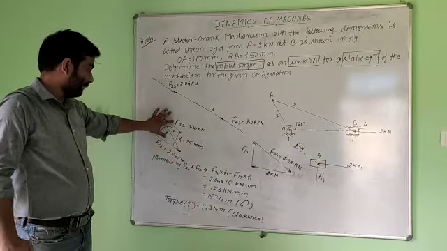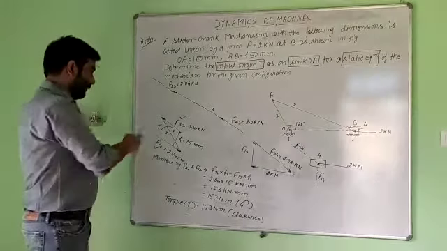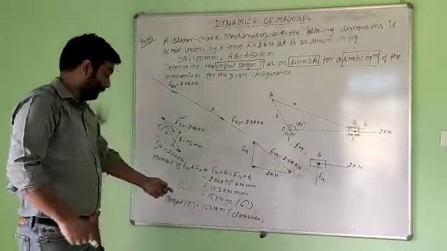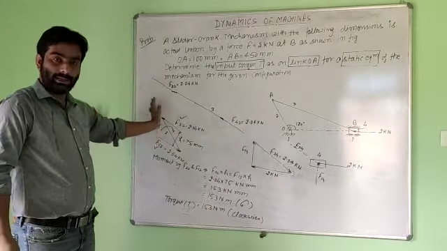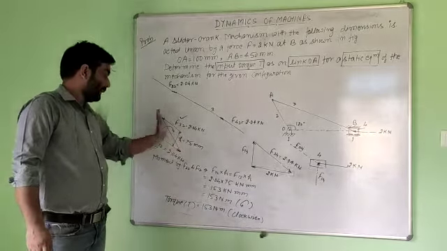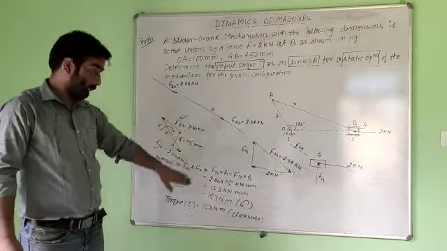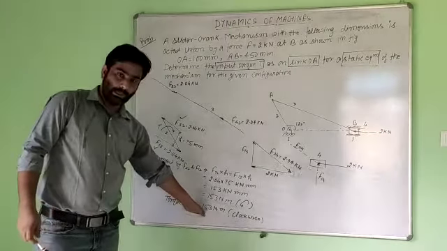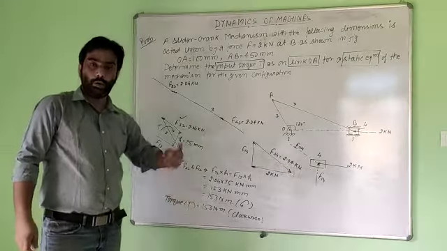So these two forces F32 and F12 will produce a moment. The amount of moment will be force into perpendicular distance, and we are getting 153 Newton meter. So we have to apply an external torque opposite to that moment. The moment produced by the forces was in anti-clockwise direction. So we have to apply a torque in the opposite direction, which is clockwise.